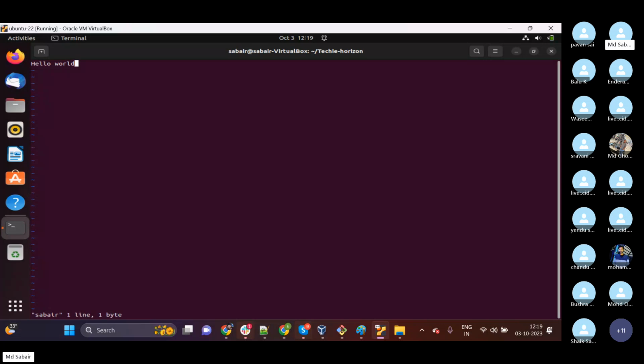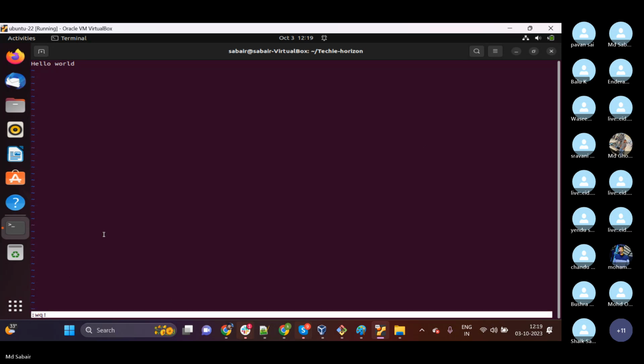So this is my content. Now if I want to save this file, you cannot just simply close this and it will ask for save or no. In this case, it will ask because we have the graphical user interface, but when we are working on the CLI, it will not be asking all this. So what I can do, I can use escape button, colon, write, quit, save, hit enter. So we need to use this extension. Escape and then colon, write, quit, and then exclamation to save the file.